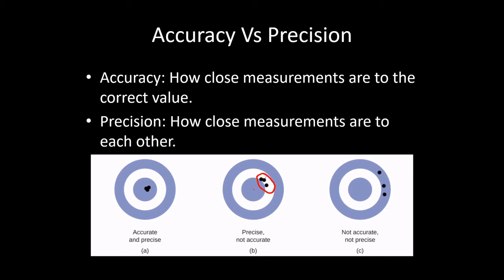It doesn't necessarily mean that it's going to be where you want it to be. It's not necessarily going to be there in the bullseye. So you can have precision without accuracy. And usually when you have something like this,